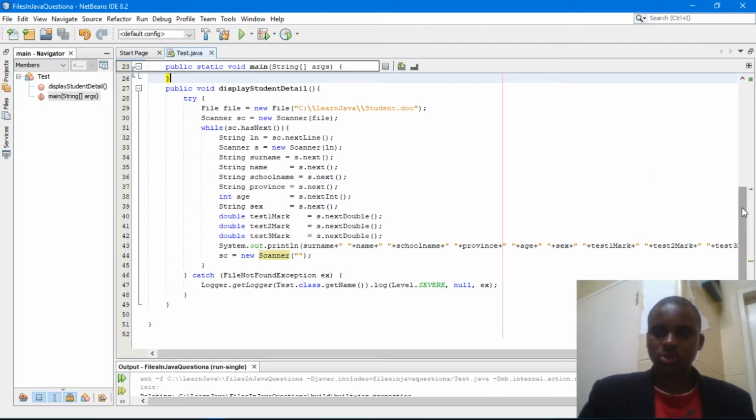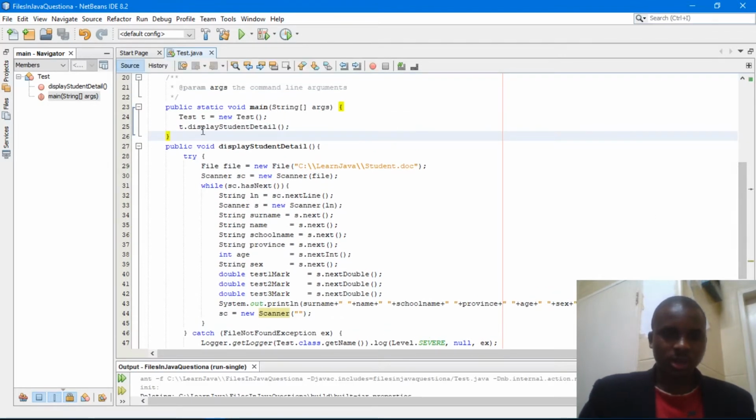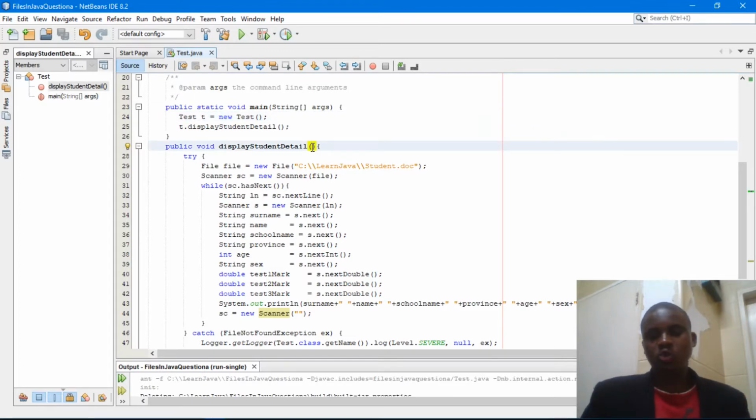This method must have a single parameter, either for the full path and the name of the file, or just for the name of the file, and we assume that we already know where the file resides. So I'm just going to assume that I know where my file resides, and then I'm going to allow this code to read from any document rather than from student.document.